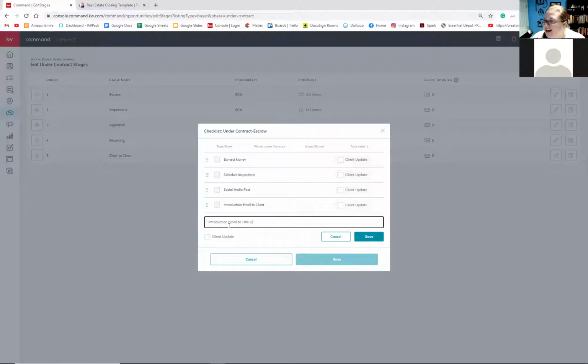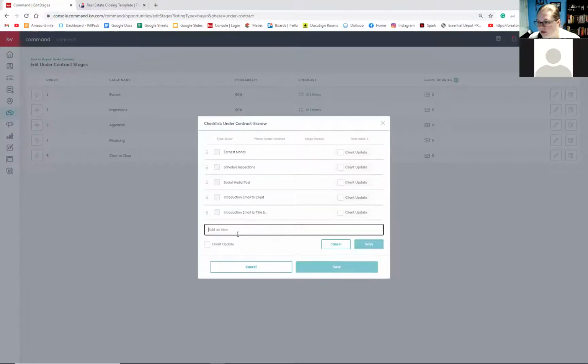Introduction email to title and lender. At this point, I also contact the title company and the lender at the same time in the same email. That way they have each other's contact information as well. And introduction email to agent